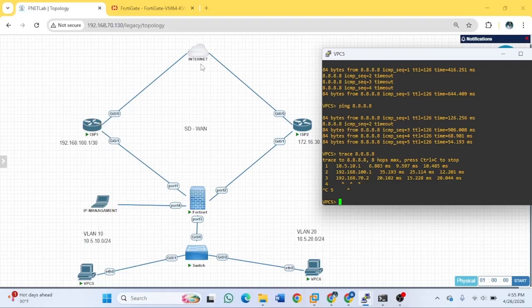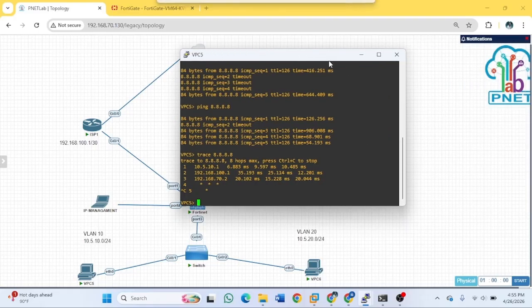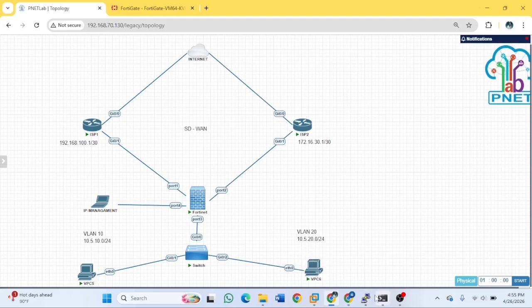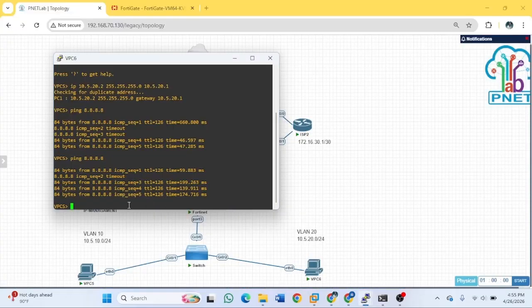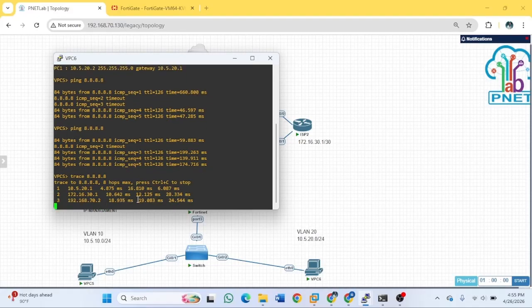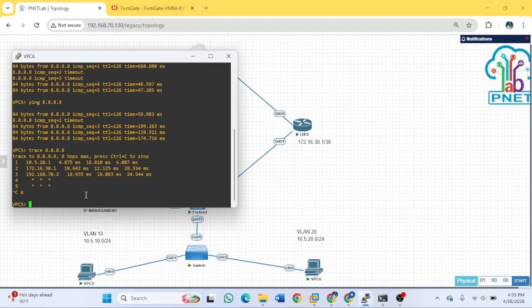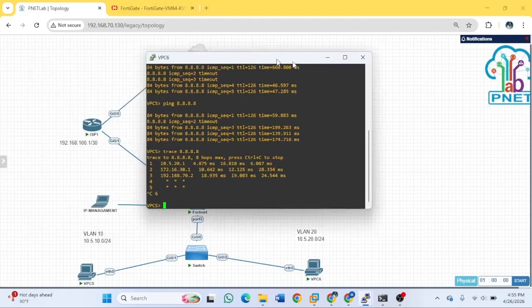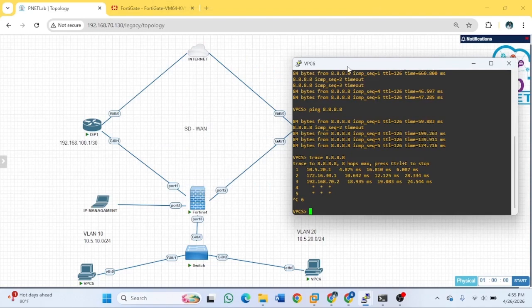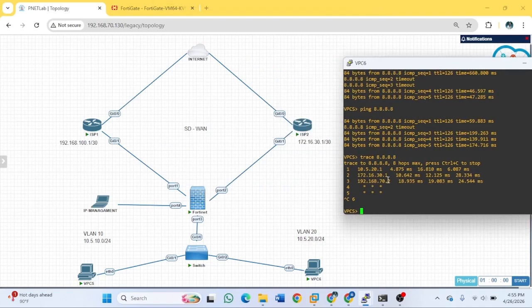Okay. Now check the VLAN 20 PC. Trace to the internet. And this way goes through ISP2: first the Fortinet, then ISP1, ISP2, and the internet last.